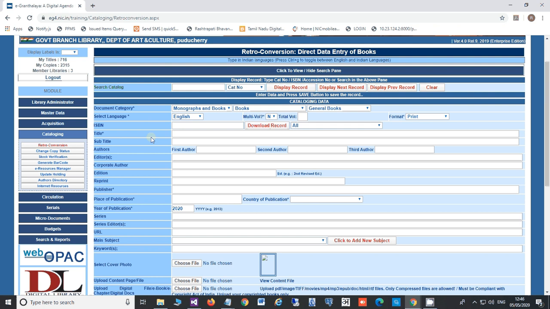This is very important. As you know, this eGranthalaya software has been developed basically as EG4, where cataloging data is shared among the libraries participating in a particular eGranthalaya cluster. For example, we have hosted a separate cluster for Kendriya Vidyalaya, where 56 KVs are using this cluster.